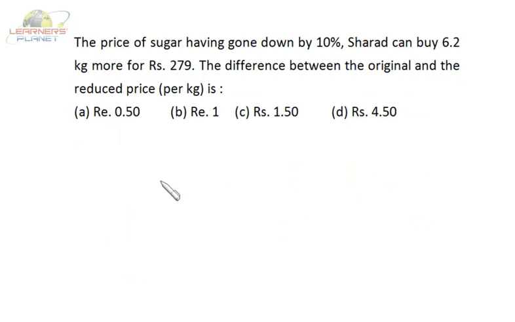Now try to understand this logic. The difference in price is 10% and the difference in quantity is 6.2. Okay, that means suppose the total quantity is X, the difference in price is 0.1, that is 10%, which is equivalent to the difference in quantity, 6.2 kilogram. That means X is equal to 62 kilogram. Okay,